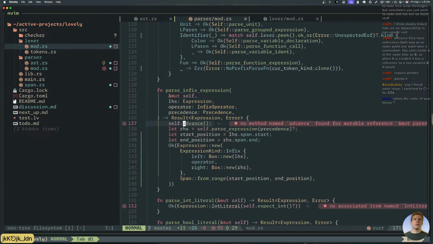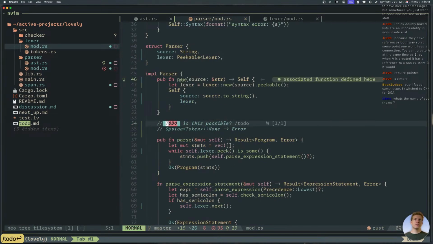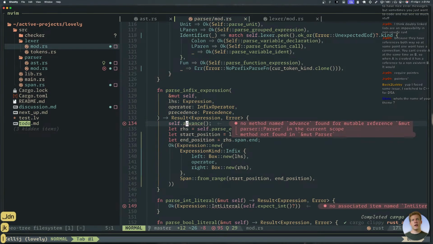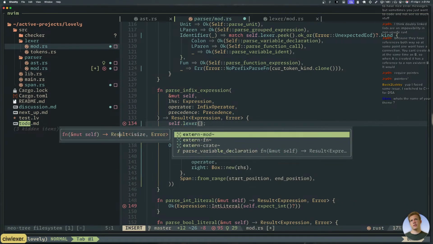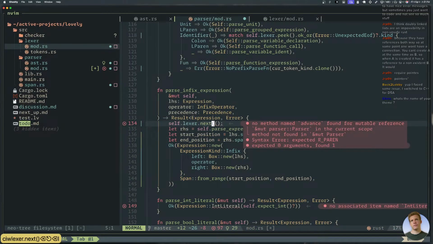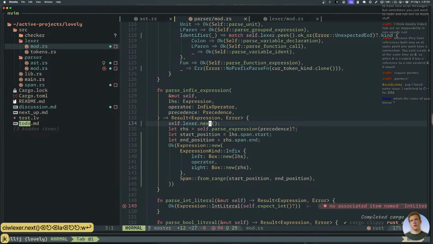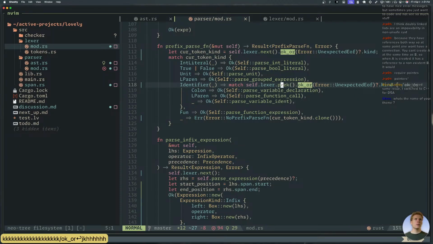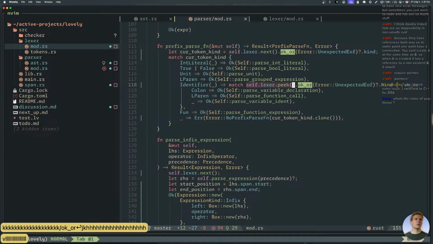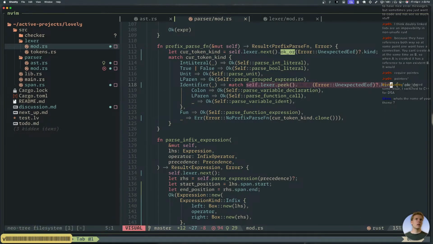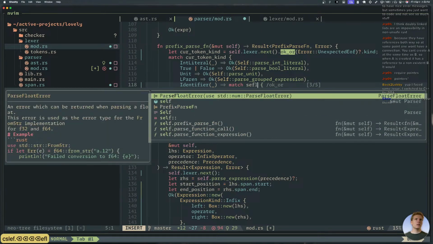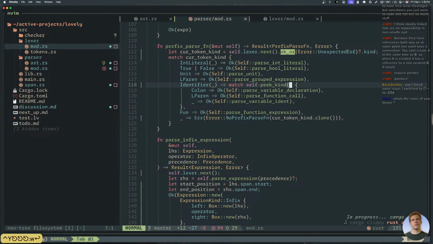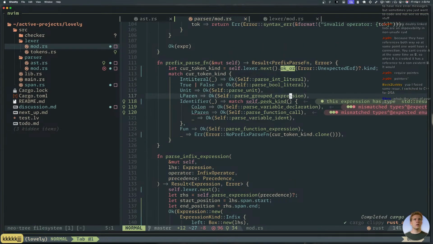All right. Let's go. What was that to do? Oh yeah, we solved that. Okay. Self.advance, this becomes self.lexer.next. Oh, we were going to replace all of the oks. Every time we see an ok or this, it becomes self.peek kind. Oh dear.